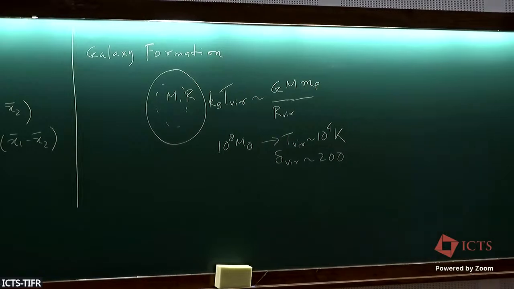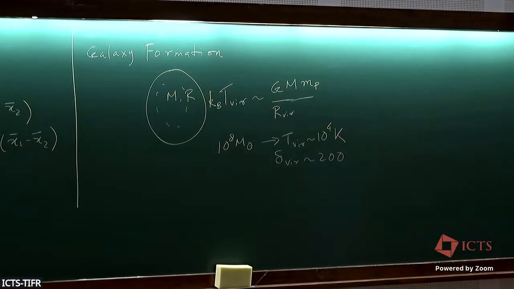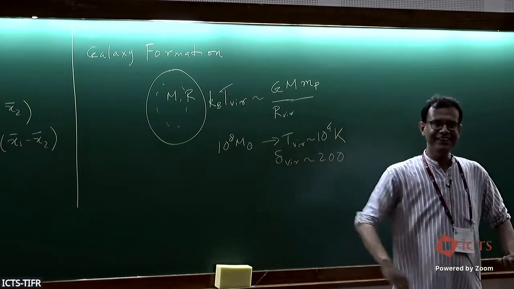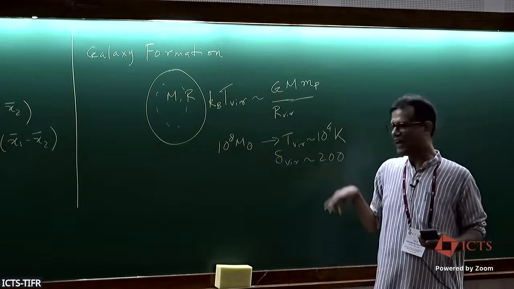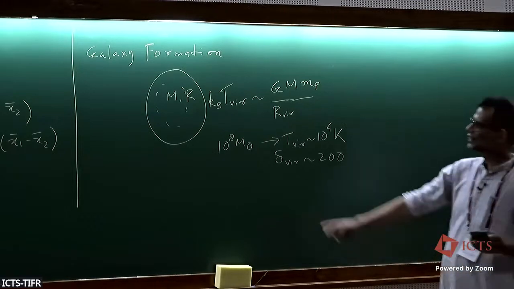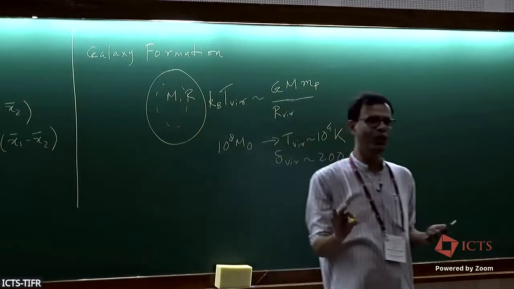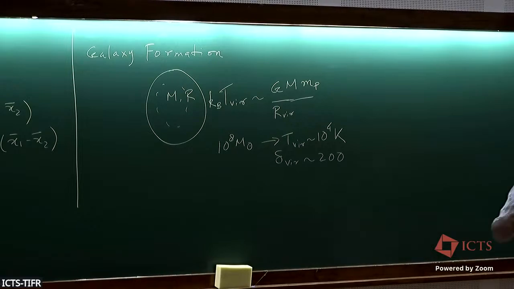Now, neither this density nor the temperature is suitable to start forming stars, in particular the density, okay? Cosmological densities are very, very, very small. And this, of course, is amplified by a couple of orders of magnitude, but it is nowhere close to the stellar density, which we need to ignite nuclear reactions. So if the gas was just sitting here in that halo, nothing will happen. The gas will just be there. So no star formation. So somehow you have to make this gas more dense, okay? You have to condense